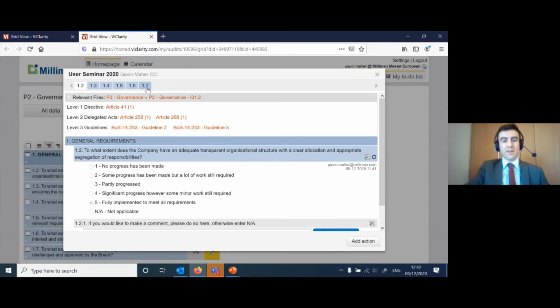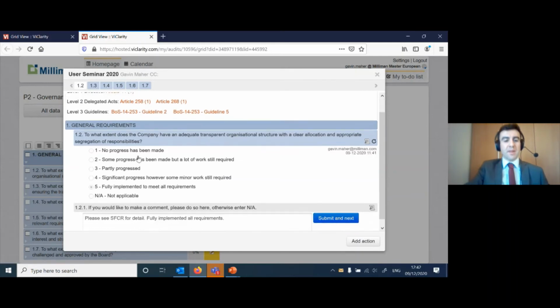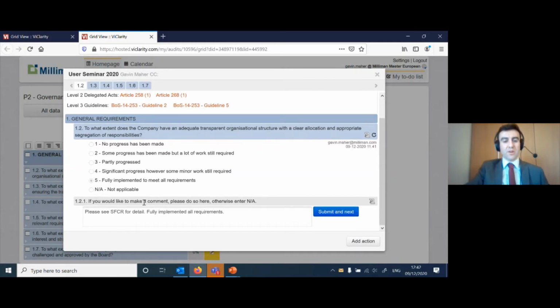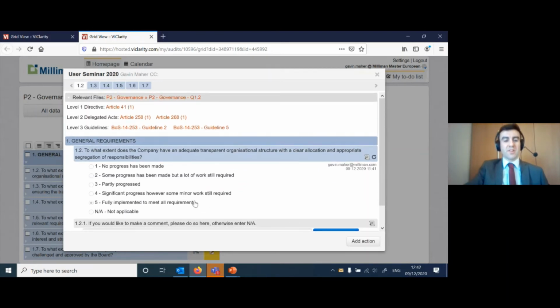So they're shown exactly what questions are here up the top, and if they go beyond this, you can scroll with the right button here if they go on further than the list there. And this is the narrative box Patrick was talking about. So like Patrick said, it's good to emphasize that the more detail they give here, it's clearer to a manager reviewing it what's been said. So you can see they've given the score of 5 here, and they can comment on why they believe that's the case.